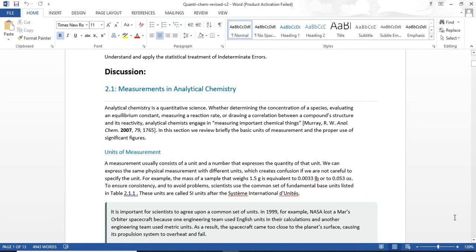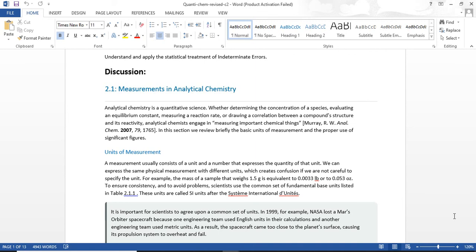Okay, a measurement usually consists of a unit and a number that expresses the quantity of that unit. We can express the same basic measurement with different units if you know how to convert or may mga conversion factor ka to change that given nga value, which creates confusion if we are not careful to specify the unit. For example, the mass of a sample weighs around 1.5 grams. Okay, it is equivalent to 0.0033 pounds or